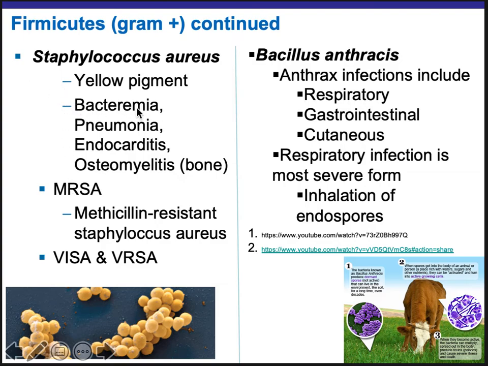So you can have it in your blood, you can have it in your lungs, you can have it in your heart, right? And in some very severe cases, when it's in the blood and it's systemic, it's disseminating everywhere, it can even infect your bone, although that's definitely not a common infection, because you would be so severely ill, you'd be receiving treatment hopefully before it ever got to endocarditis and bone, right? Okay.